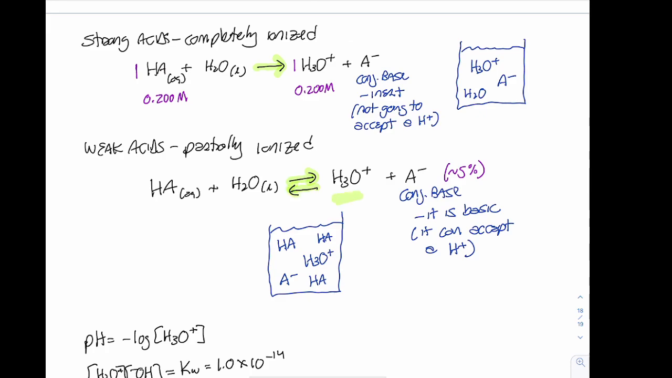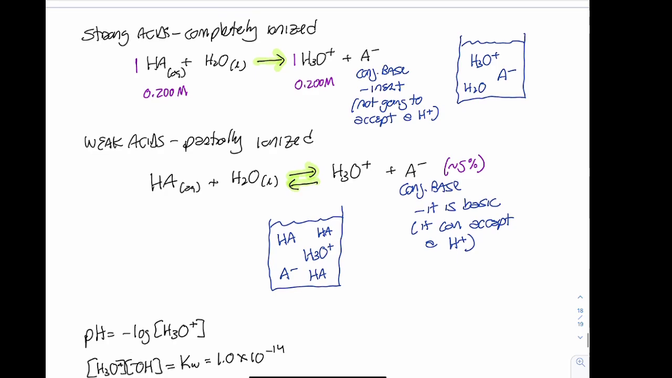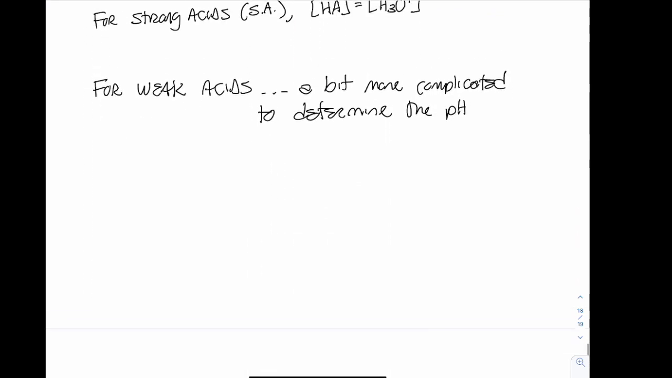So how much of this do we have? Well, that's going to involve an ICE table, just like we did in chapter 13. We need to figure out our equilibrium concentration of hydronium ions to determine the pH. So determining the pH of weak acid and weak base solutions is what we're going to work on next. So we're going to write